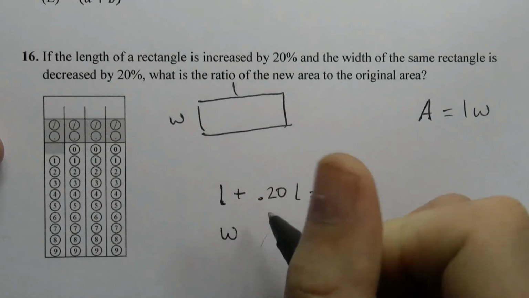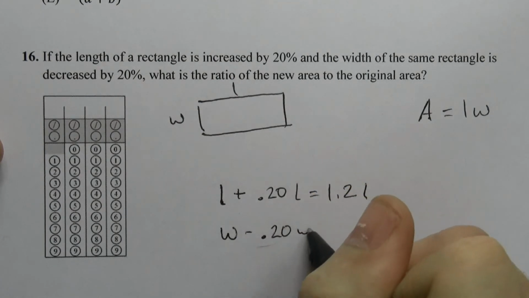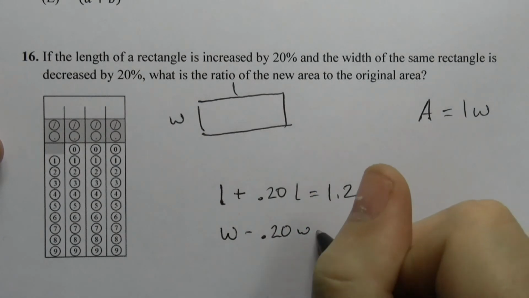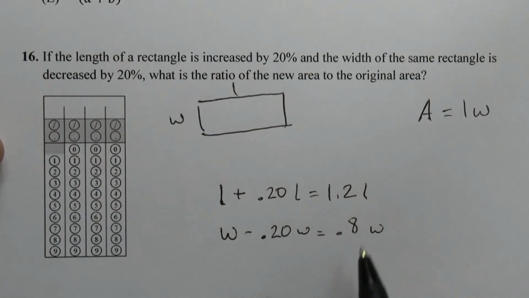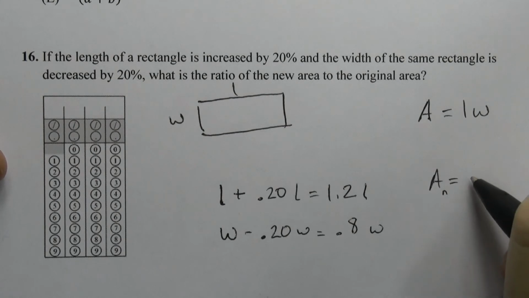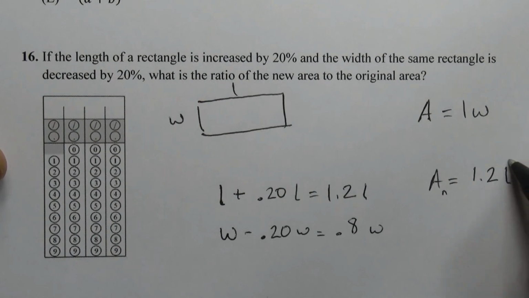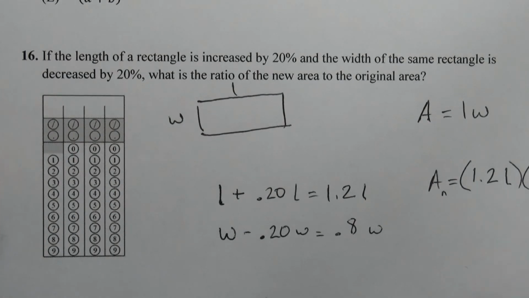So it's W, and it's decreased by 20%, so it's minus 20%, again, of W. And that is 0.8 W. So our new area, let's do A sub n because it's a new area, is 1.2 L times 0.8 W, right? As we all know, 1.2 times 0.8 is